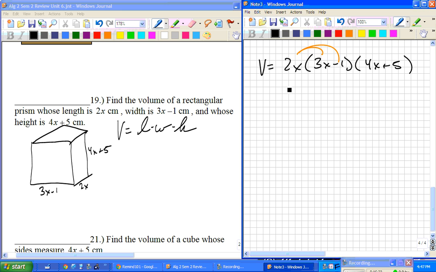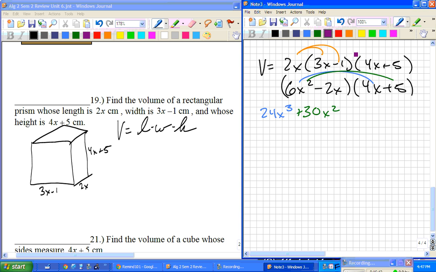Distribute first. Okay, we get 6x squared minus 2x, and then we have 4x plus 5. Okay, and from here, all you have to do is FOIL. We get 24x cubed plus 30x squared minus 8x squared minus 10x. Okay, so combine your like terms,